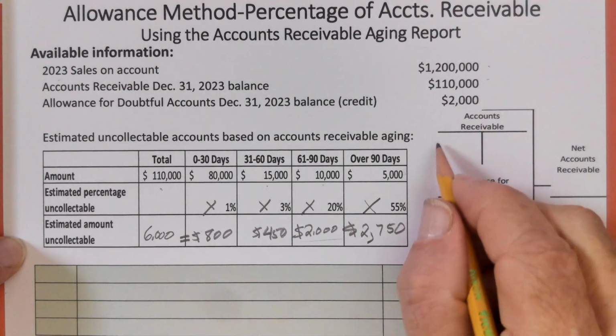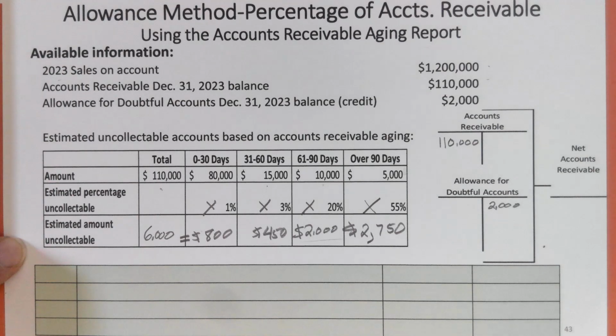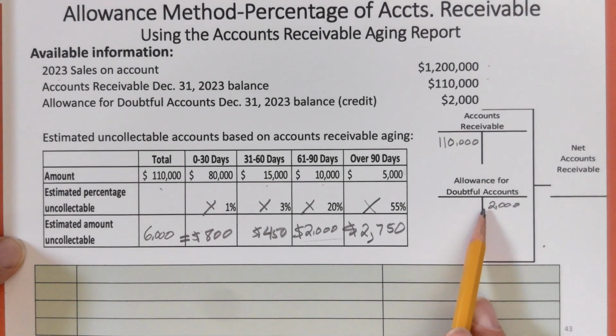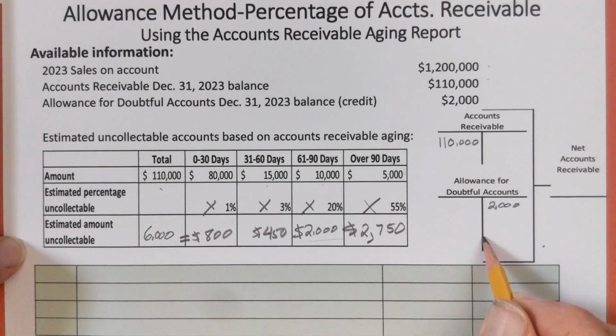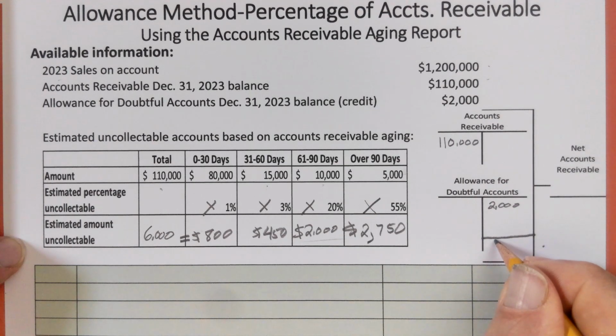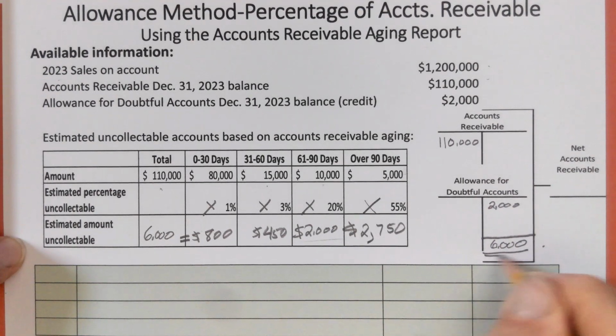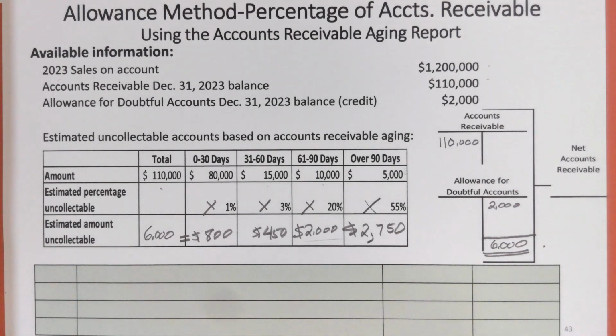The accounts receivable, let me go ahead and put that here, $110,000. And the idea is, on the balance sheet, we want to show the amount that we're really probably going to collect. And so what we need to do is boost this allowance from the $2,000 to, let me go ahead and fill it in here, an ending balance of $6,000. We want an ending balance of $6,000. That's what we need in this account. And then if we take the $6,000